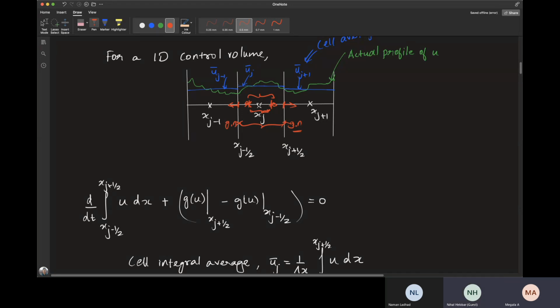Ma'am, if we take the reverse analogy, we can also assume that the cells could be formed of small pieces inside, and in that way we can build up the cell with the fluxes for those two interfaces. Yeah, we can build, but in that case, if we need to ensure conservation for a cell, will that ensure conservation for this small region? We can always have small regions, but will ensuring conservation for a big region ensure conservation for a small region?